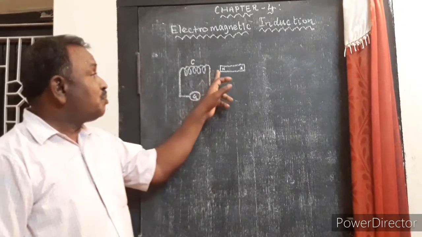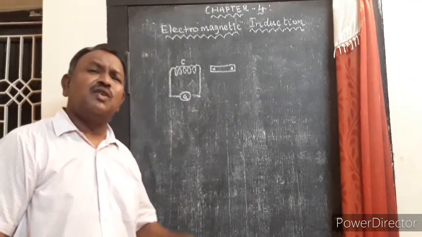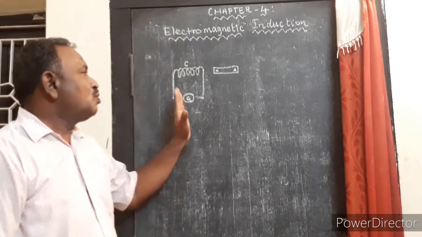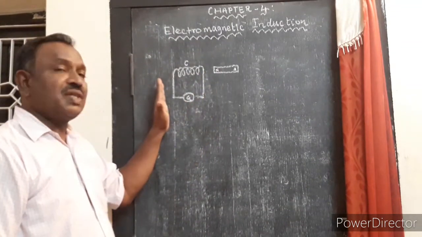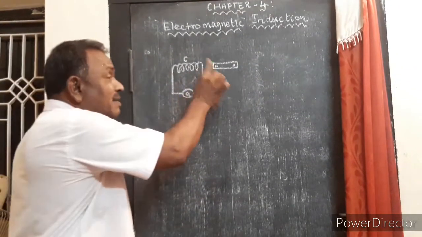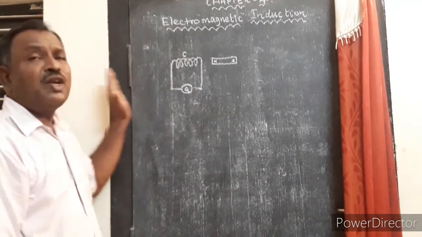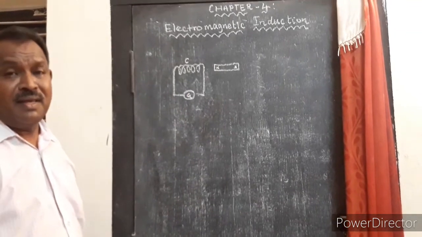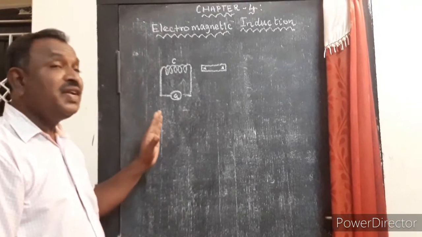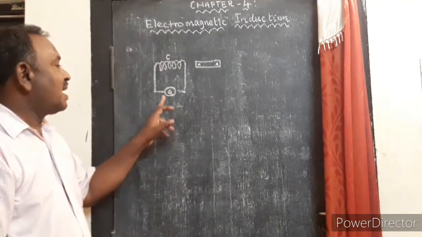Whenever there is motion between the circuit and the magnet, we can do it in two ways. You keep the circuit at rest and move the magnet close to the circuit and far away from the circuit. Or you keep the magnet at rest and move the circuit away from the magnet and close to the magnet. In either case, whenever there is a relative motion between the circuit and the magnet, the galvanometer